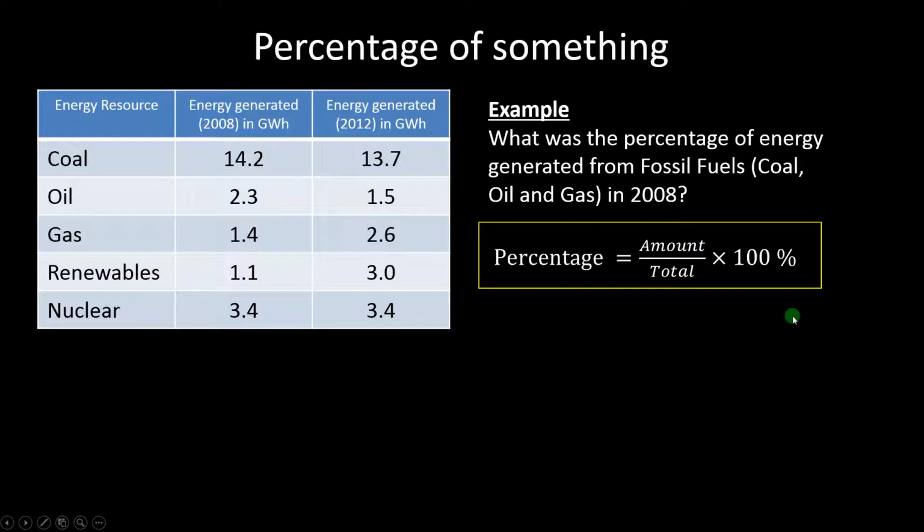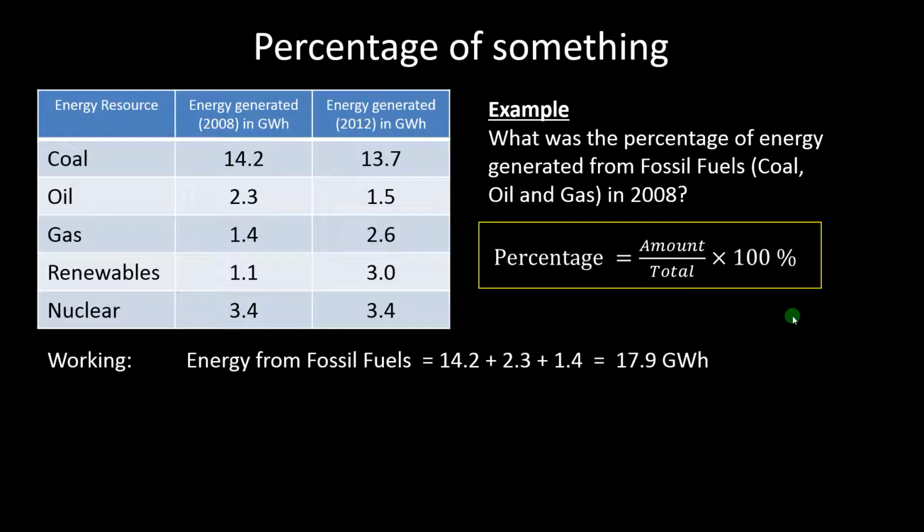You have to remember that formula. It's not on the formula sheet like the other formulae that you might need, so you need to be able to do this from memory. So let's see how that works here. We take the coal, the oil and the gas, we add the numbers up, so 14.2, 2.3, 1.4 to get